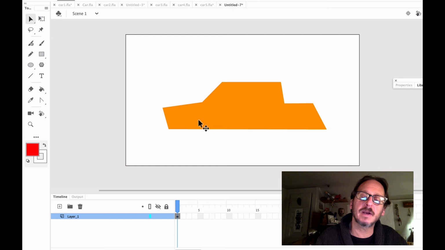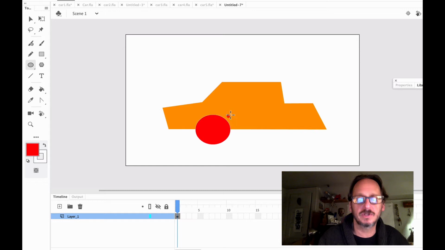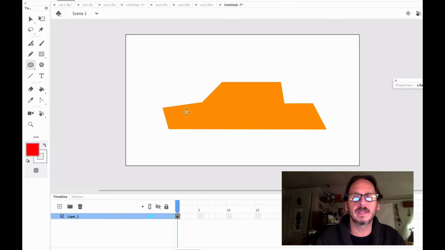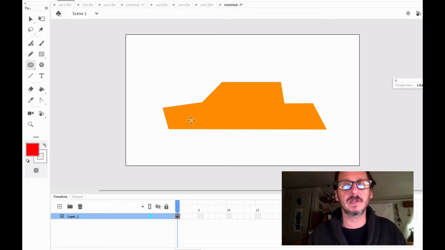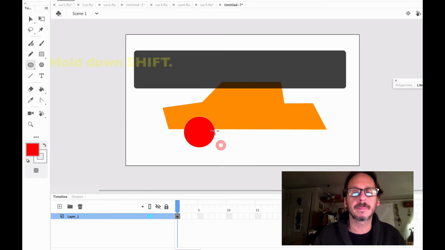Now that I think about it, I would like to punch little holes where the wheels could fit. So right now, let's stay in merge mode before I show you the new trick, and let's use an old trick. What I want to do is get a shape where a wheel might go that's just right, because it's a one-shot thing. So if you don't like the shape, Command Z, try it again till you can really picture it. It should be a little bigger than the wheel that you want, and I'd suggest you hold down Shift.